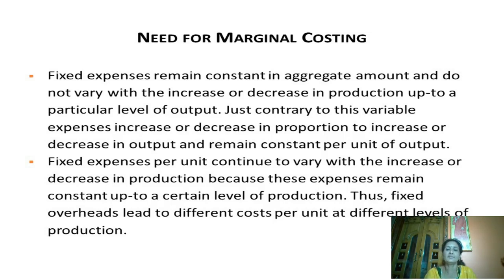When we compare fixed and variable cost, we come to know that fixed cost remains the same at any level of output. Let it be 50%, 60%, or 70%, whatever may be the production capacity, the fixed cost remains the same. Because once we incur the fixed cost expenses, whether the production is carried on or decreases or increases, irrespective of anything, the fixed cost has to be incurred. That is the reason the fixed cost remains the same.